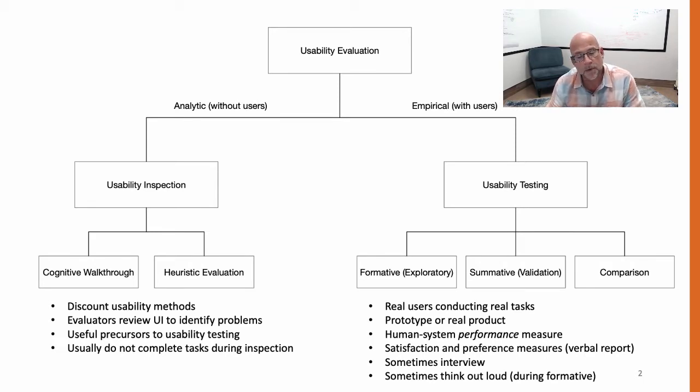There are other things we might keep track of too that aren't human system performance measures, but are more related to satisfaction and preference. Those are more verbal report measures, such as questionnaires. Also during usability testing, we will sometimes interview the users. We'll sometimes ask them to think out loud. All of those are less quantitative, but also sometimes pretty important and